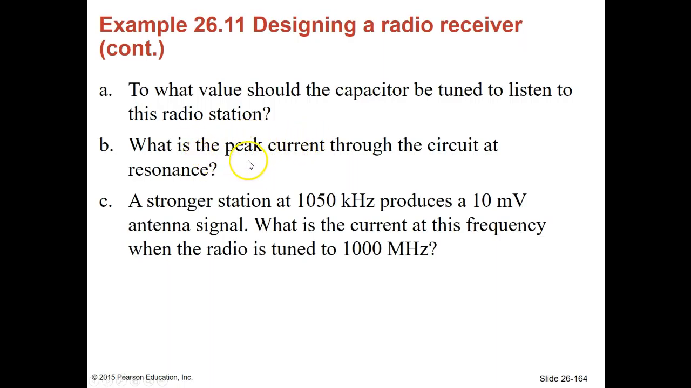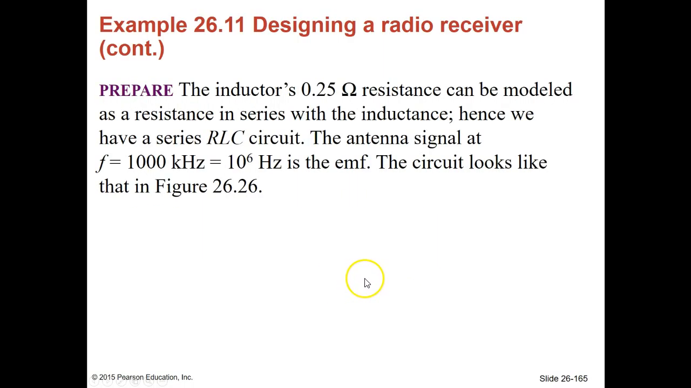They want to know what is the peak current through the circuit at resonance, and then a stronger radio station at 1050 kilohertz produces a 10 millivolt antenna signal. What is the current at this frequency if it's tuned to 1000? In order to get ready for this, we know that the inductor's 0.25 ohm resistance can be modeled as resistance in series. So now we have an RLC circuit. The antenna has a frequency of 1000 kilohertz, where kilohertz is 10 to the 3 hertz, and that's the EMF. The circuit looks like that of